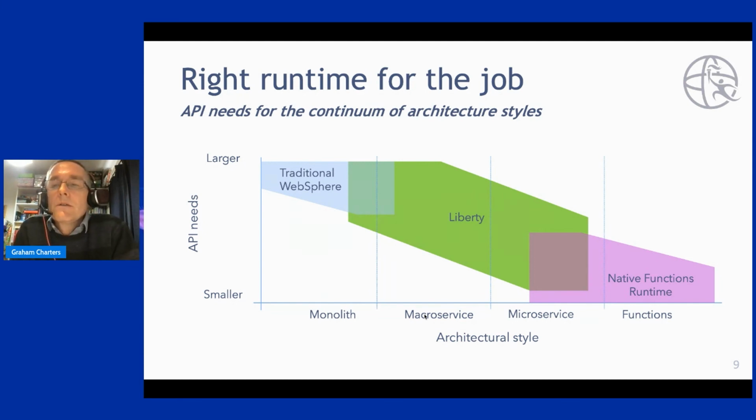But if what you're trying to do is make those applications more agile, you're not necessarily even moving them to microservices or macroservices. Moving to a more modern, lightweight runtime that's going to help you be more agile with those monolithic applications is a good choice, such as Liberty. But Liberty also, with the ability to subset the runtime, you can take it all the way down to a very small, perhaps servlet runtime. You can essentially span monoliths, macroservices, and microservices, and give you a single runtime to support the different